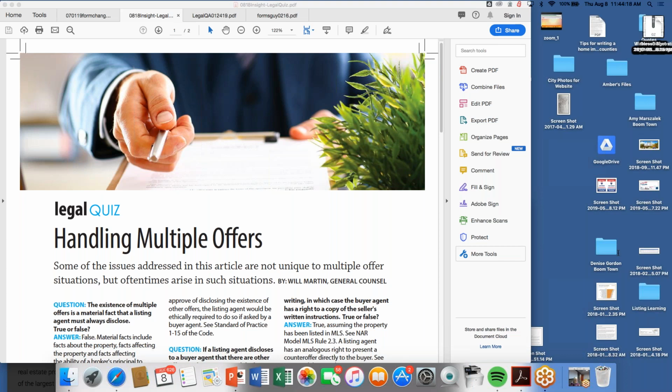Like everything in our business, timing is of the essence. So as soon as you have that contract, or it looks like it's going that way, just shoot us the copy if that's easier, or just send us the address. It takes us just a little extra step to look up in the county what that lot and map book page is. But if you send that over, we actually stop what we're doing